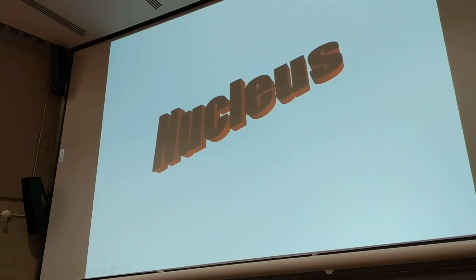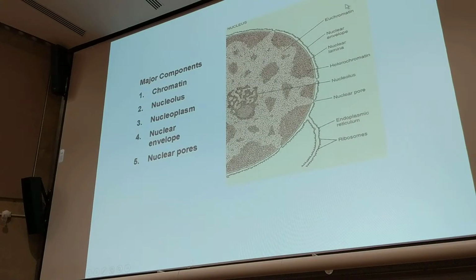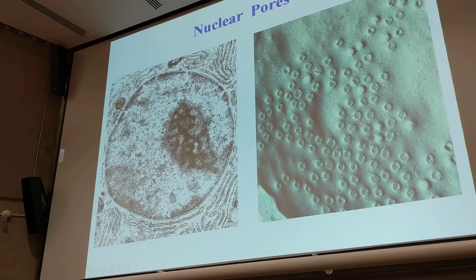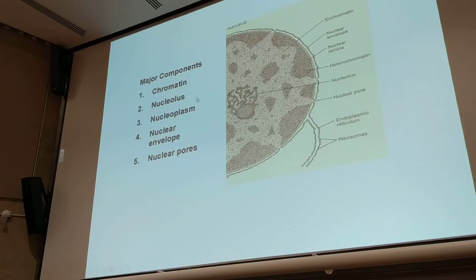All right, we'll go straight into the nucleus. So these are the main components of the nucleus: the chromatin, the nucleolus, the nucleoplasm, the nuclear envelope, and the nuclear pores. So first of all,